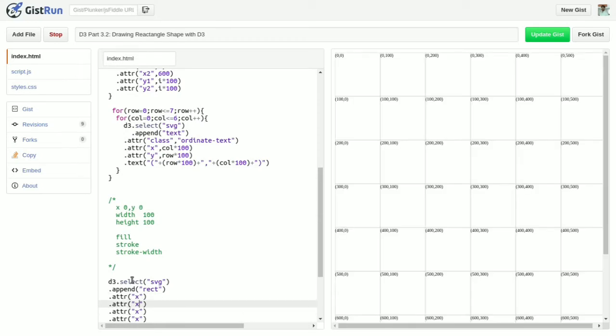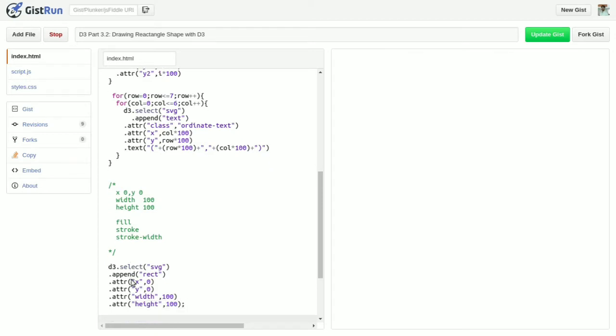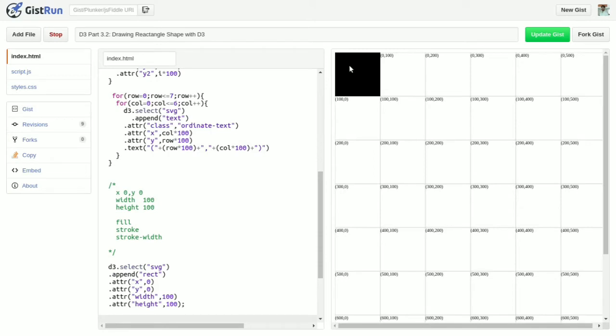So I will provide x, y, the width of this rectangle and the height of the rectangle. Here x will be 0 and y will be 0. I want to create a square, so height and width will be the same. If I do this, then you can see that our rectangle is available over here.